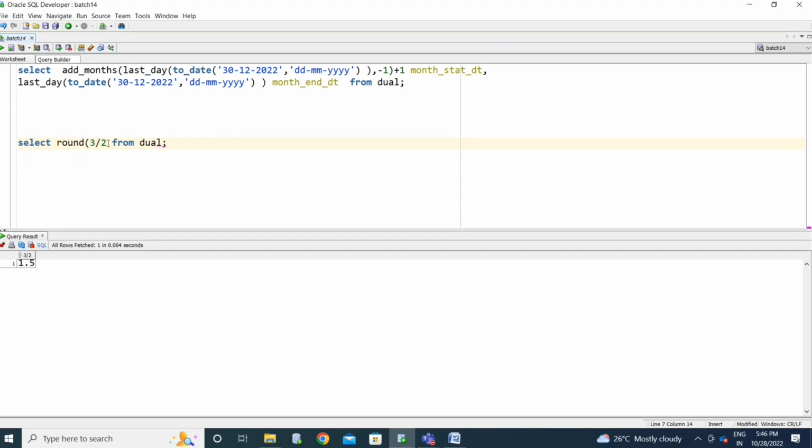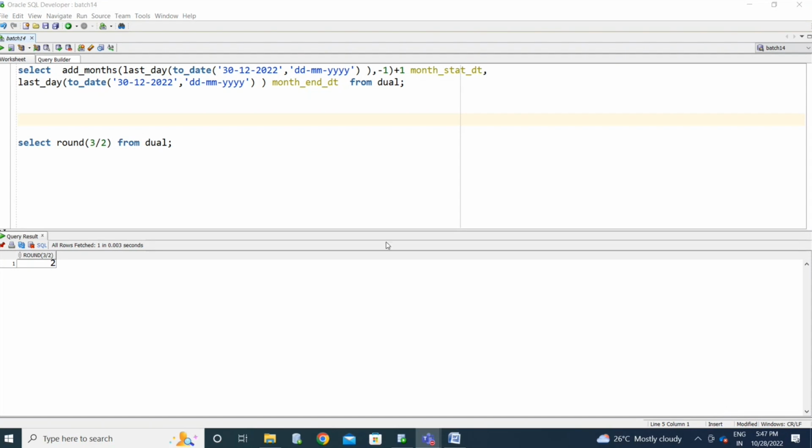Round off 3 by 2. It displays 2, because the value is greater than 0.5. So you are rounding the values by using the round function simply.